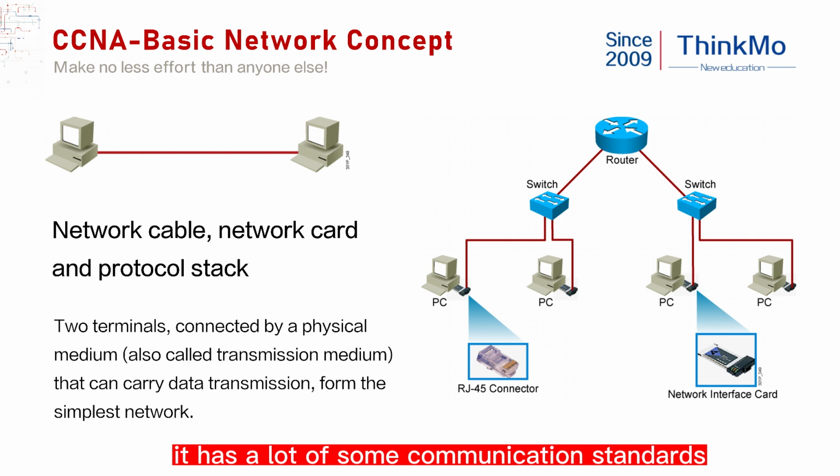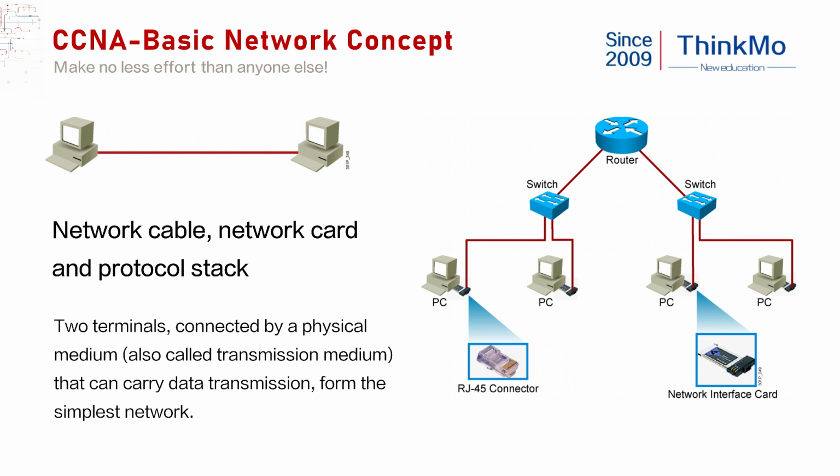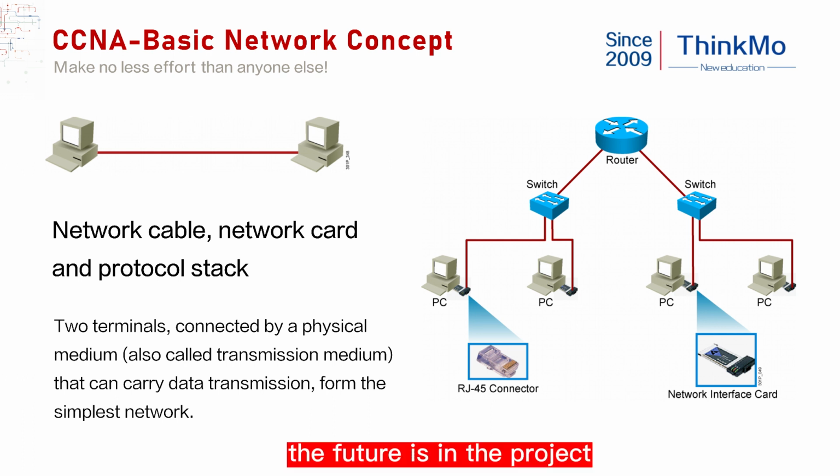It has a lot of communication standards, for example shielded and unshielded, what we call STP and UTP. If you are interested, you can take a look. In fact, in the future, when we do projects ourselves,